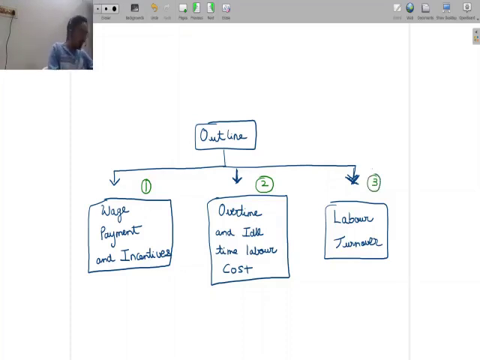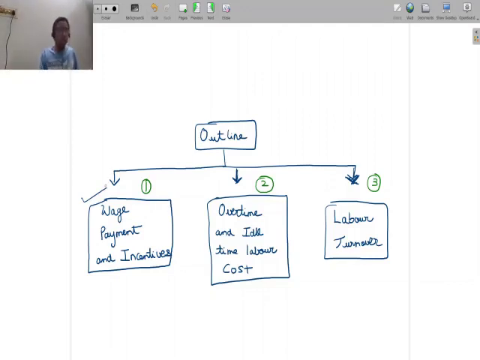Now let's have a quick idea of what each of these things, let's have a bird's eye view, I would say, about each of these three things, and then let's focus on the first part here. Let's start discussing about the first part here. Now, in the first part, when we look at wage payment and incentives, we are going to be looking at different systems in which the workers can be compensated. So when you talk about making a payment to workers, there's not one way. There is no one way in which a wage payment is going to happen. So there could be different systems in which wage payment could happen.